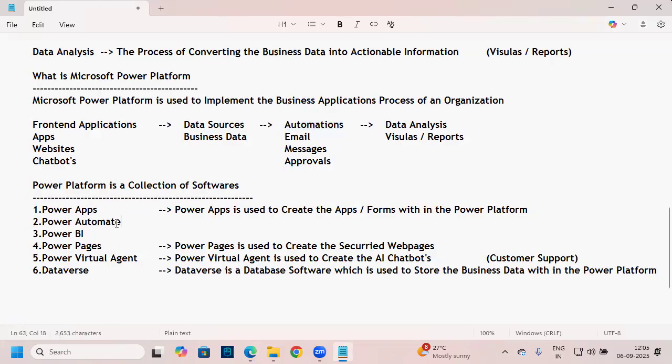Power Automate. So now what is the use of Power Automate? Power Automate is an automation software which is used to automate the